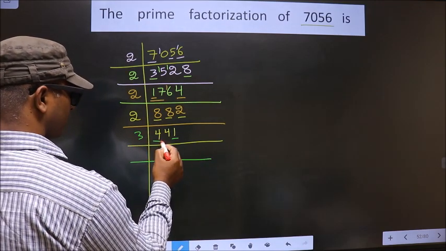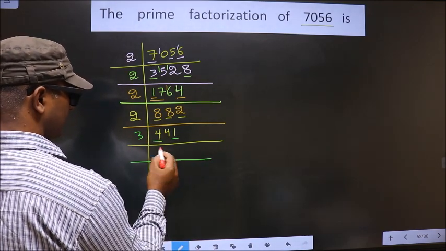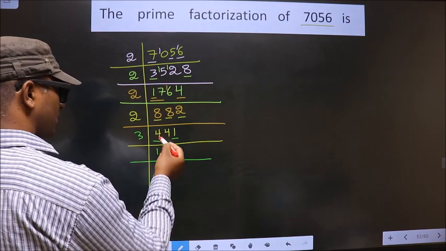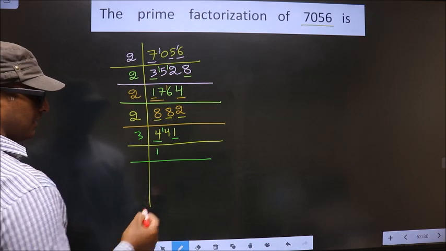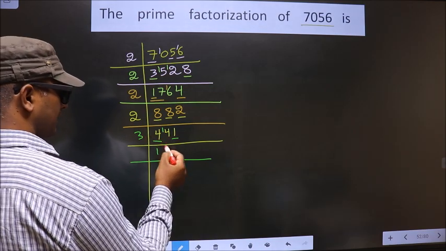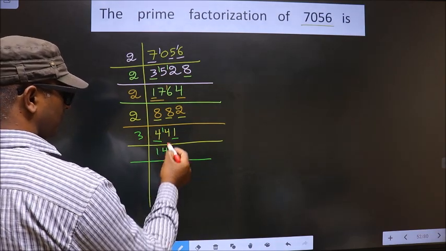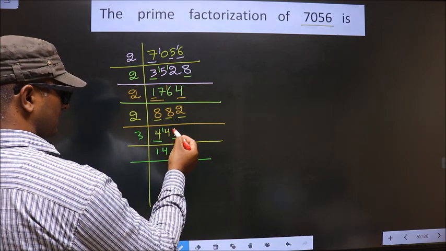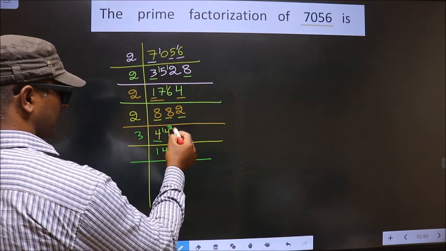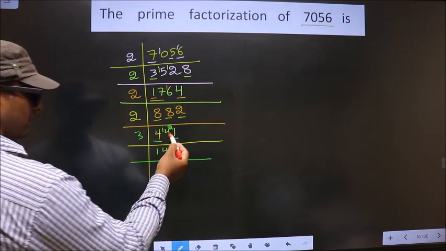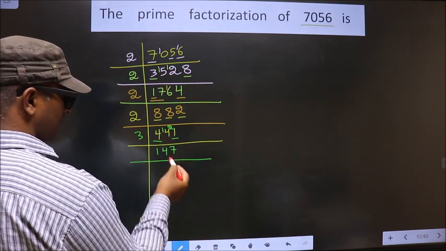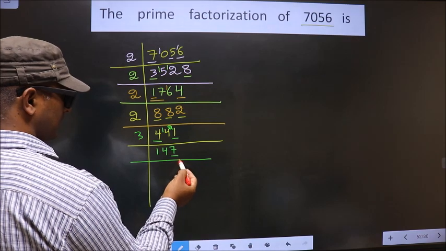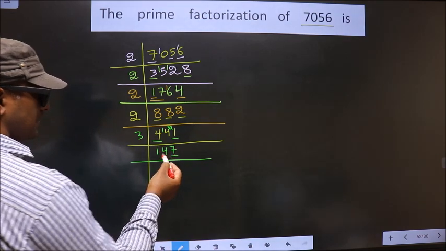First number is 4. A number close to 4 in 3 table is 3 1s 3. 4 minus 3 is 1. 1 carried forward, making it 14. A number close to 14 in 3 table is 3 4s 12. 14 minus 12 is 2. 2 carried forward, making it 21. When do we get 21 in 3 table? 3 7s 21. Now for this number, last digit is 7, which is not even, so this is not divisible